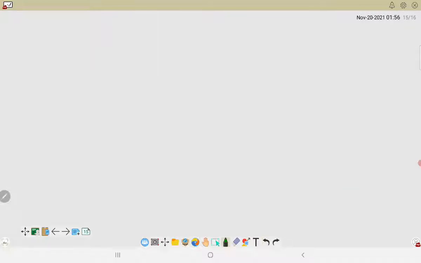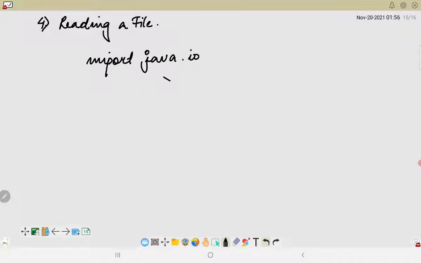The next important program that we will be discussing is reading from a file. That means reading a file, whatever text is written there, if we want to read it. So how can we do that? So here we have to import the File class again, java.io.File,